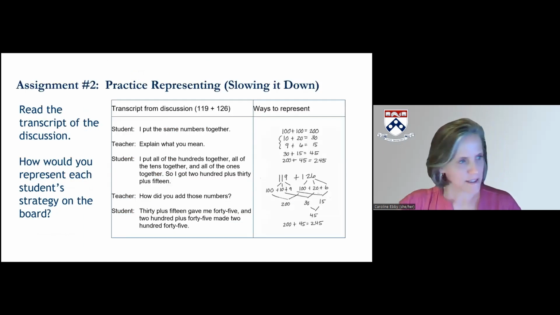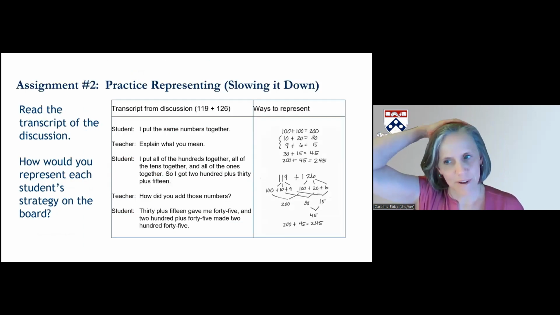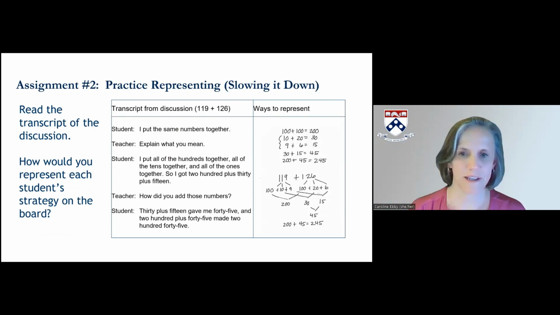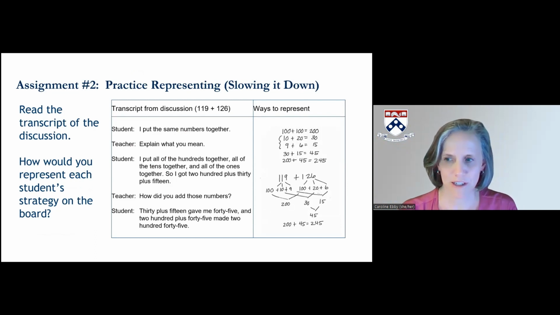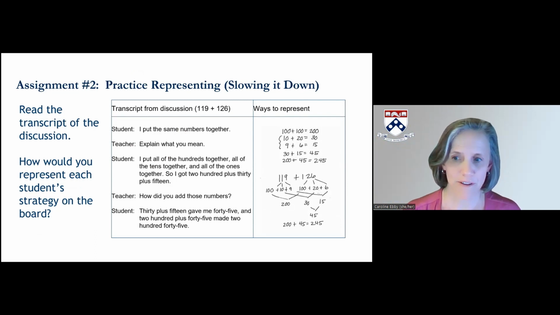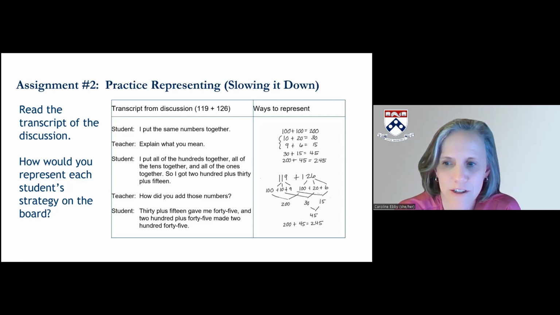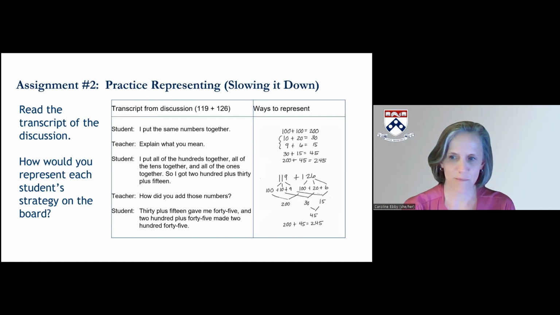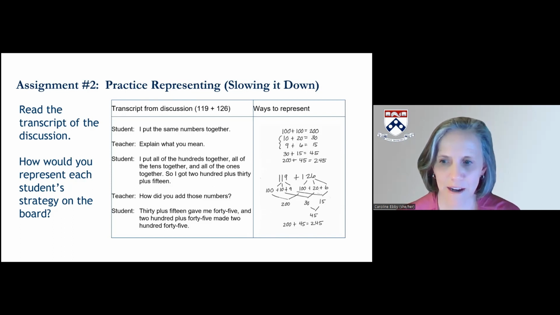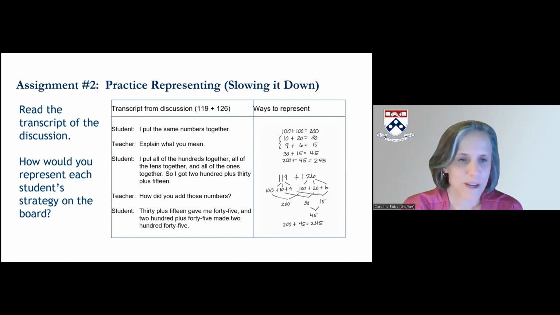The second assignment that I described involves looking at a transcript, as I said, from a discussion without the video. And so in this case, the teacher is eliciting an explanation from a student, and the students read that and then practice how they would represent that student's strategy on the board.